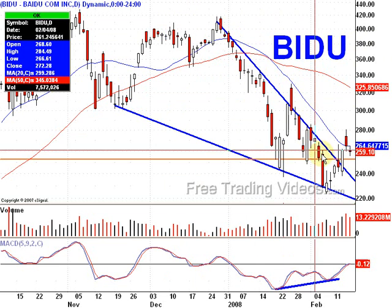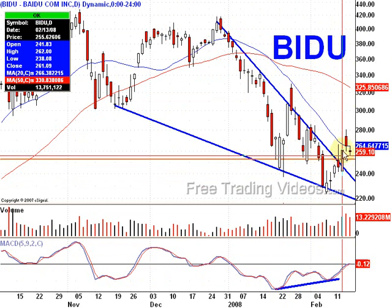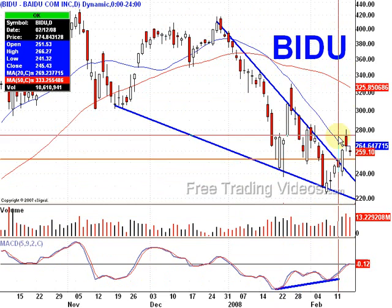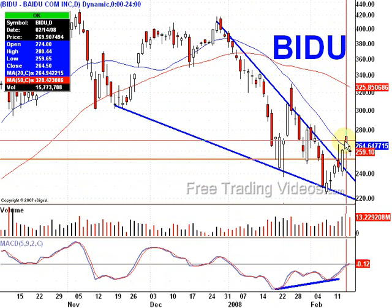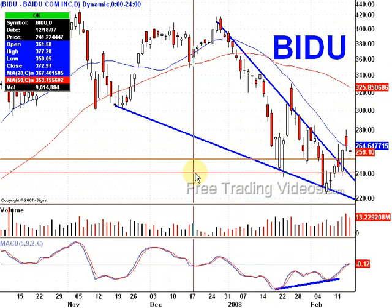It's a falling wedge formation, which is bullish. We have a bullish divergence. We did pop to the upside on some increasing volume, waiting for a nice little pullback as we're getting here, and we could see some more upside potential on BIDU. Let's look at